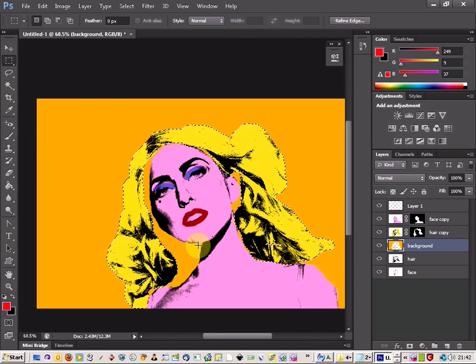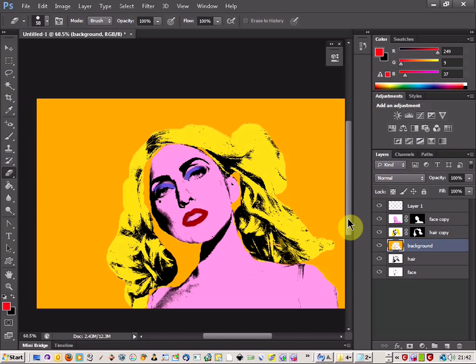Let's see, we've still got this bit that's showing up dark, so the way that we get round that is just take the eraser tool here and rub out our area around here. There we go. Now as you can see, we can see where we should be adding more detail in,